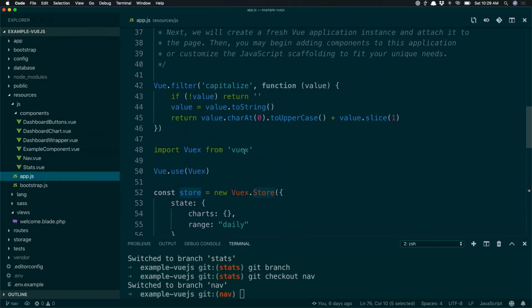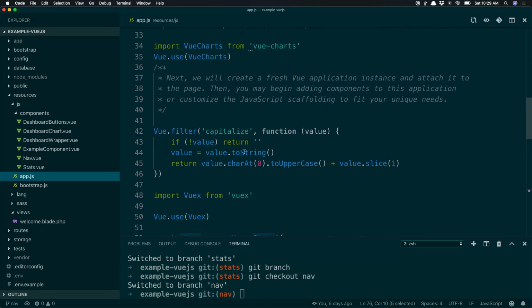There's a lot of built-in filters, but right away I can make these filters. And this is just a nice feature of Vue. I can say, hey, Vue filter, I want to call this filter capitalized. And whenever that data comes in, I want to do something with it, anything. In this case, I just uppercase it, right? And so right away, I can tweak my data a little bit.